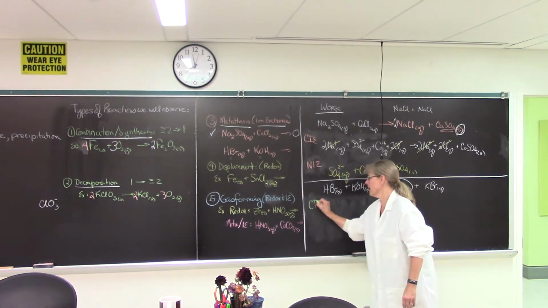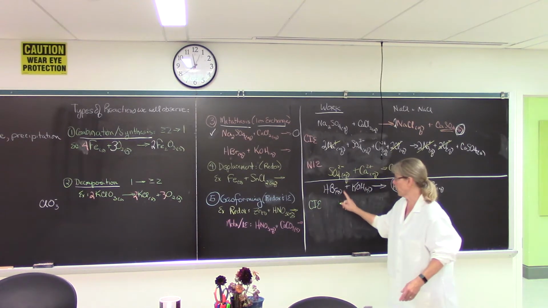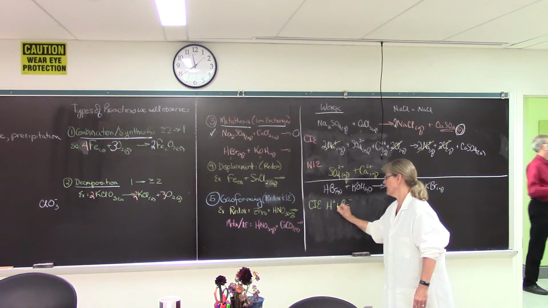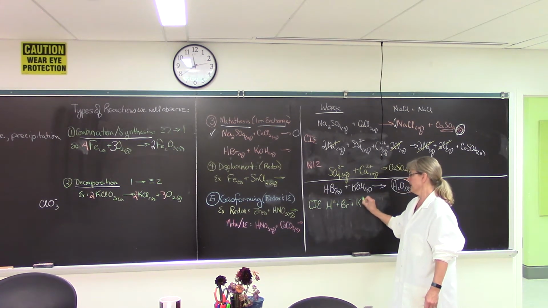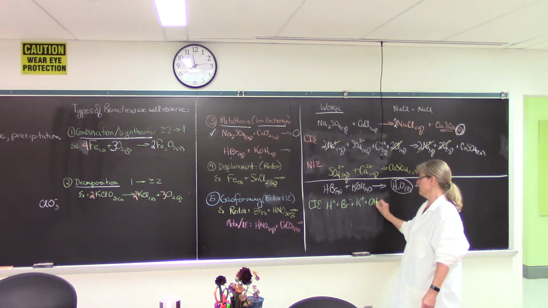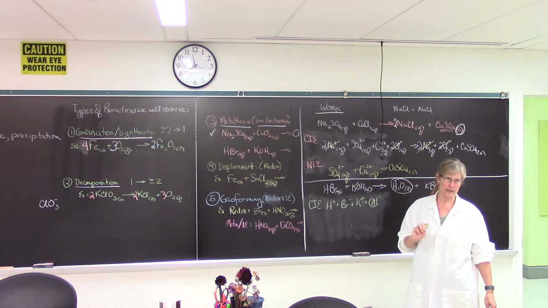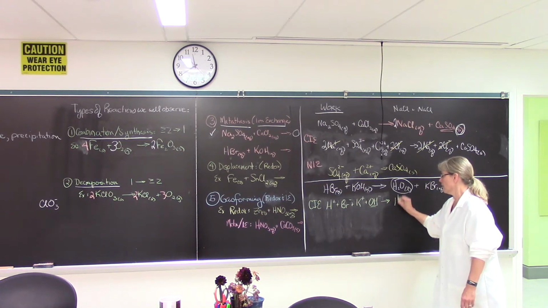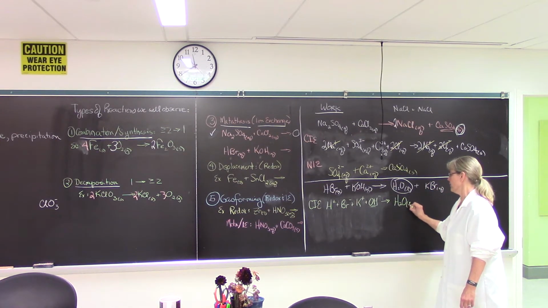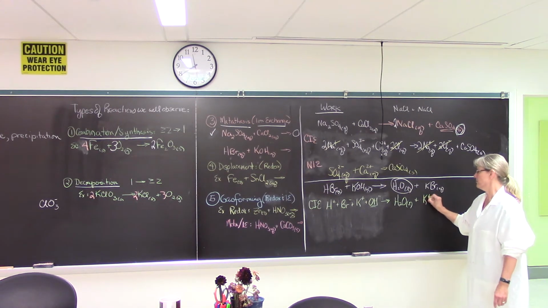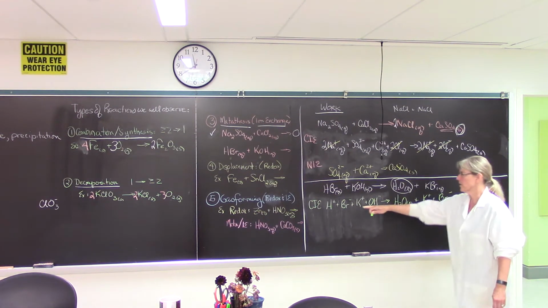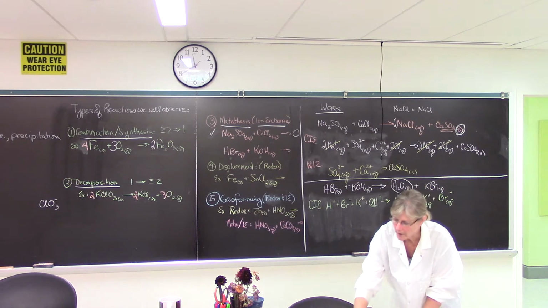So our complete ionic equation is, as always, breaking these down, anything that's aqueous, and however many of them there are. And for each one of these, there's only one. Notice the hydroxide. The hydroxide, we leave it together, that's a polyatomic ion. Our water is a liquid, so we leave it together. And K plus and Br minus because it's aqueous. These are all aqueous too, but I'm not going to worry about them right now because I'm going to get